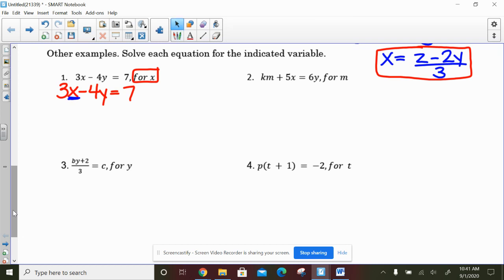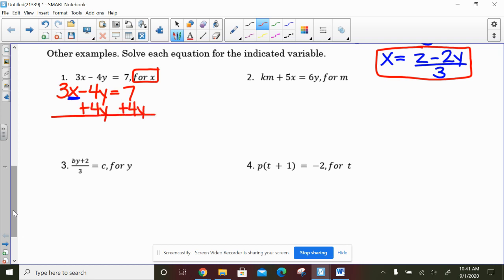Okay, so the first thing I need to do is get rid of that negative 4y. Okay, so this is being subtracted. So the opposite of subtracting will be to add. Okay, so the negative 4y and the positive 4y will cancel. Bring down the 3x